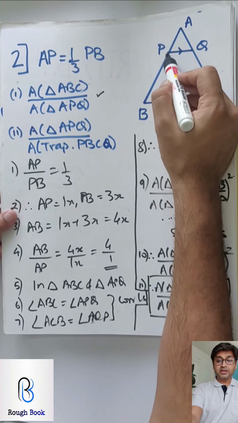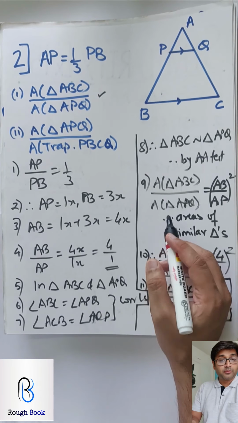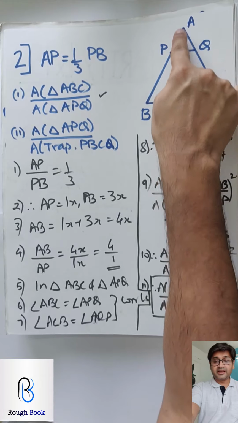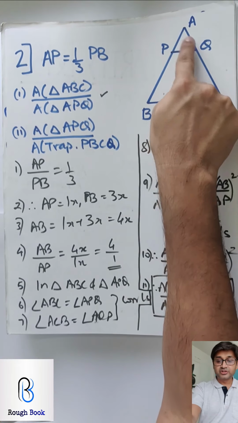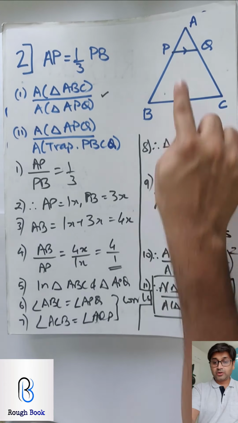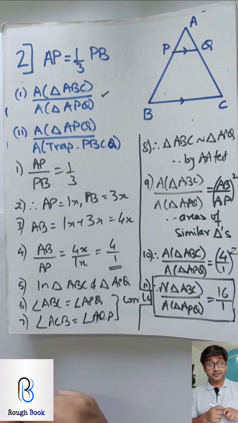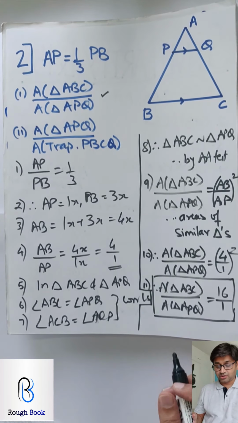Now APQ and the trapezium, they want, alright. So use your common sense. Again you can use the X method here also. You know that ABC is 16x and APQ is 1x. So if this is 1 and the full is 16, how much will be the trapezium then? 15. So let's use the X method and find this last ratio also.